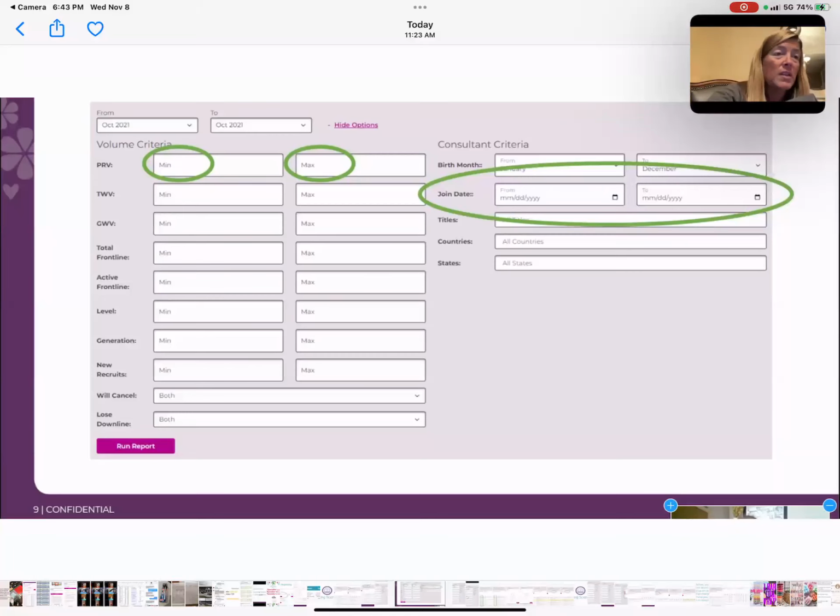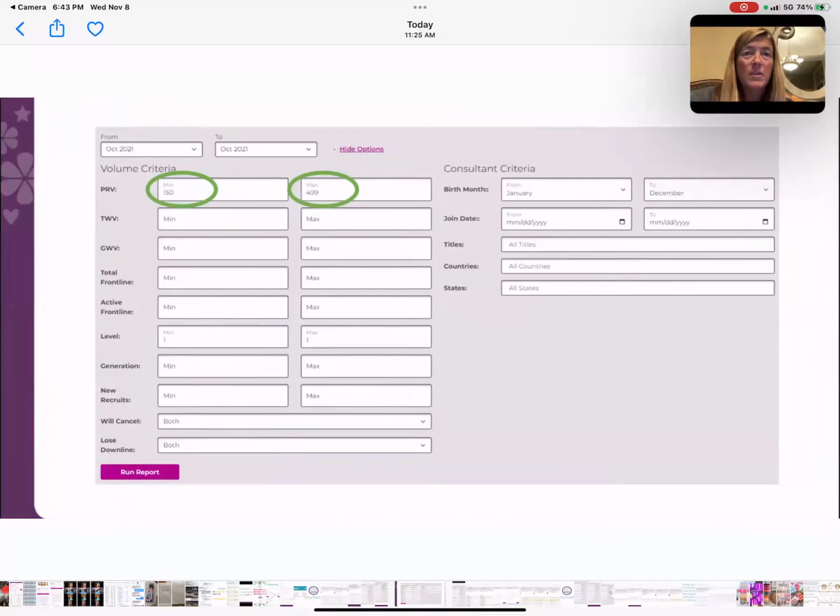You don't have to put anything in the second date. You can just leave it blank, and you could run report. And now you're going to see your team members that joined August 1 to see who's close to promoting, who has promoted, who you need to work with to get them promoted. And remember, we put in level 1, minimum, maximum. So that's how you know that you're looking at your frontline people. Okay, so that's just a little sidebar thing I wanted to share with you.